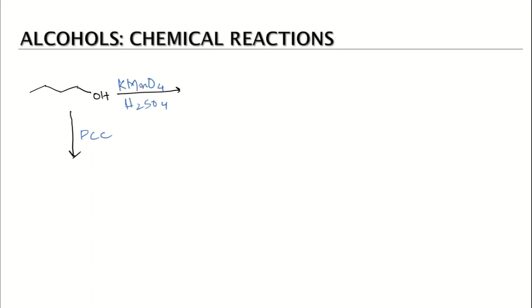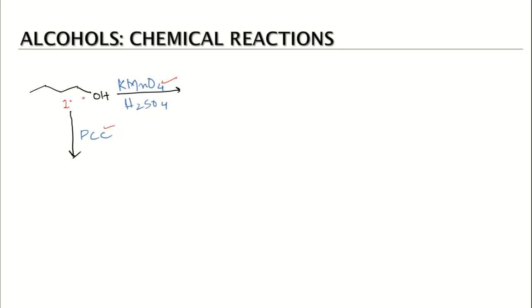One reaction pathway is this, in which we have KMnO4 in presence of an acid, and we have PCC, pyridinium chlorochromate, as a reagent. If we recognize these reagents, both of them are oxidizing agents, and we are oxidizing an alcohol here. The type of alcohol we are given is a primary alcohol.